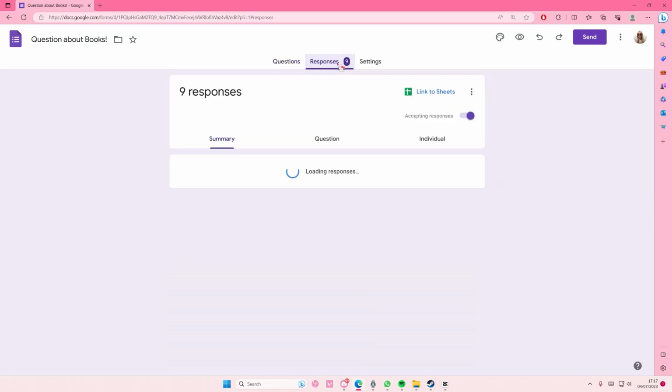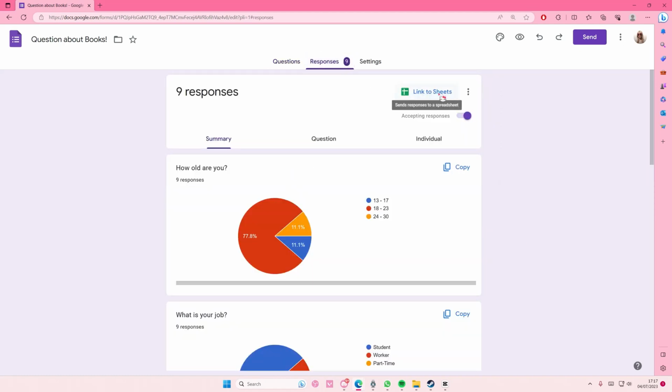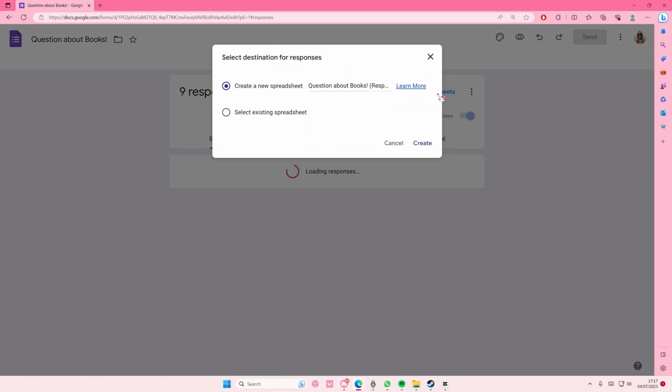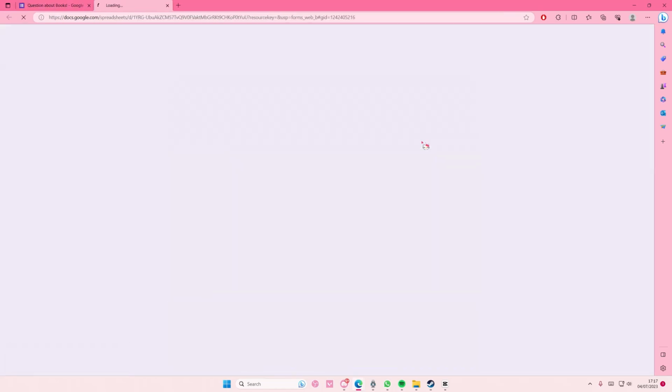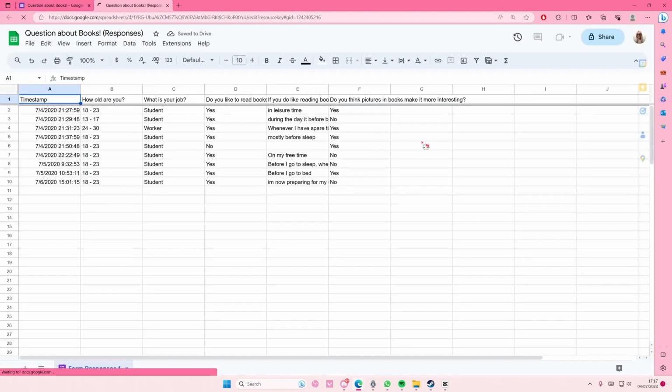You're just going to select responses here and simply select link to sheets, and then you can create a new spreadsheet or select an existing spreadsheet. I'm just going to create a new one, then I'm going to select create, and then it's going to open up